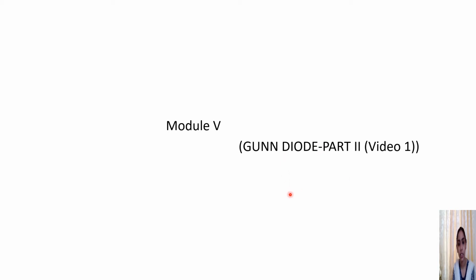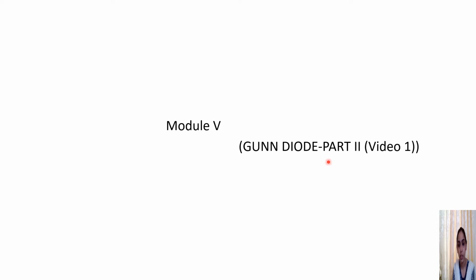density with the applied electric field, and also the drift velocity and electric field characteristics. And we have seen the theory of the Gunn diode, that is the RWH theory, the differential negative resistance, and the two-valley model theory of a Gunn diode. So these are the things which we have already studied in the part 1 lecture.